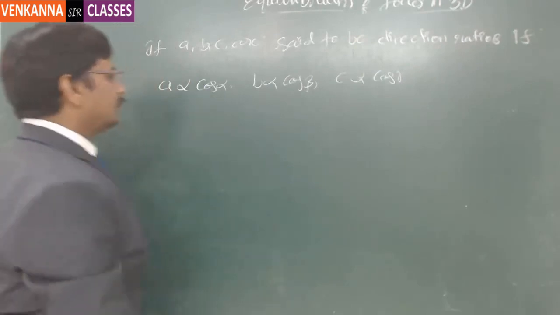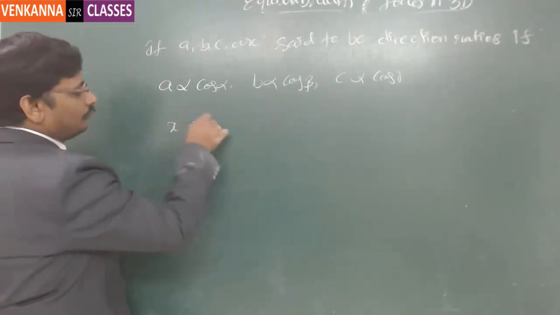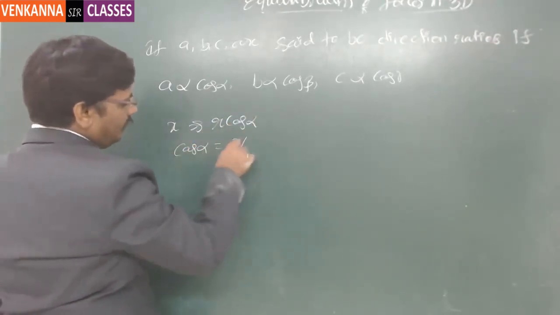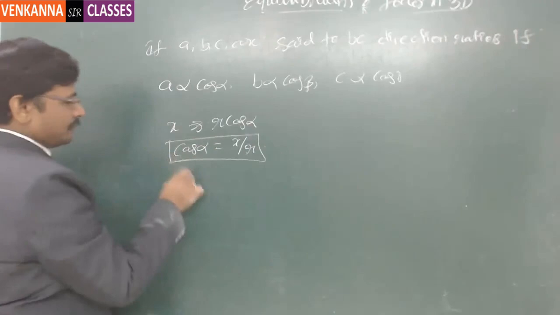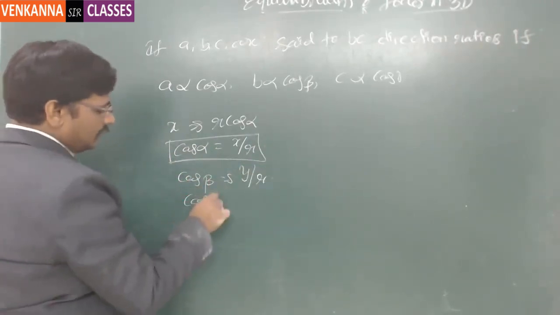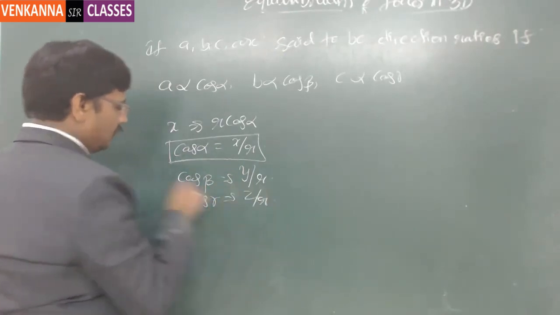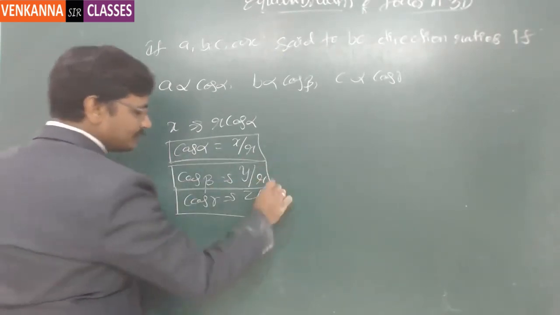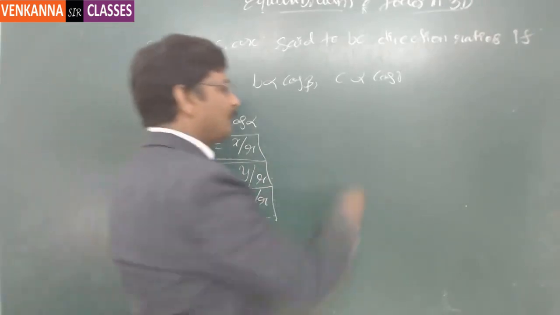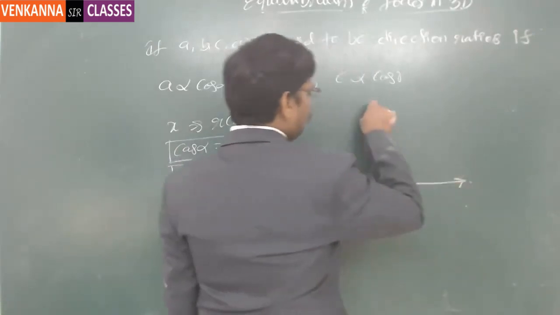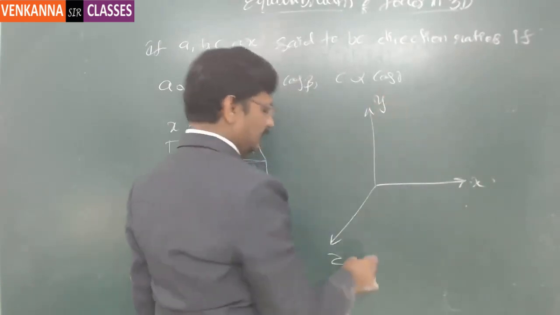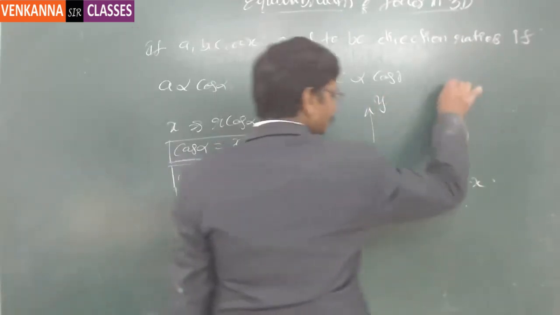Now we know that x is equal to r cos alpha, or cos alpha equals x by r, and cos beta equals y by r, and cos gamma is equal to z by r. Now you can simply say these things as long as the line is passing through the origin. But what if the line is passing through another point? So this is the x-axis, this is the y-axis, and this is the z-axis. Now if the line is like this,